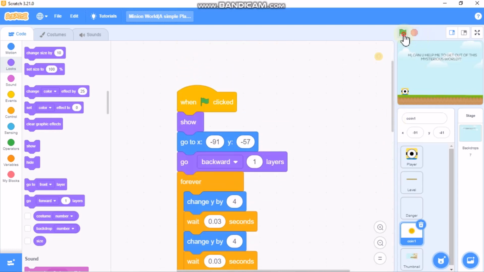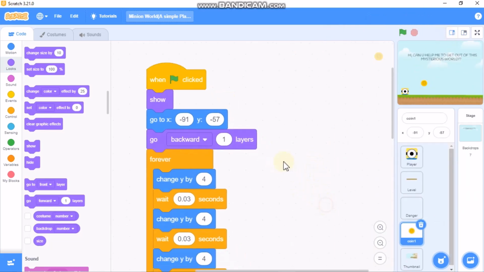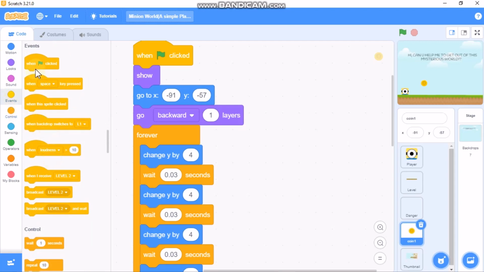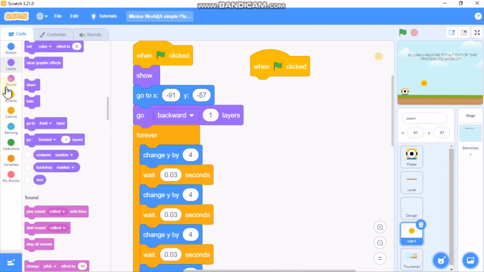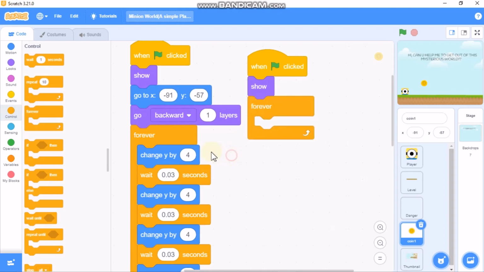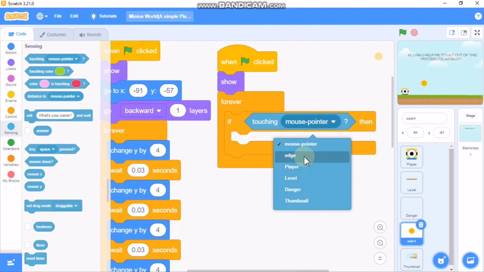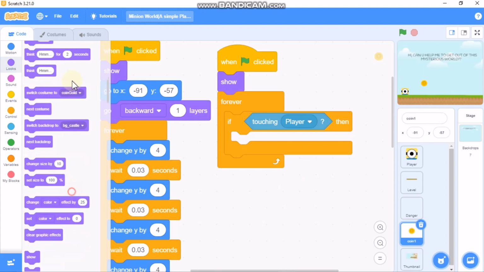So now let's test our coin. Now you can see our coin appears and it has this smooth animation. So okay, now grab a when green flag clicked, we need to show, and forever grab an if. So if touching player, then we need to hide,